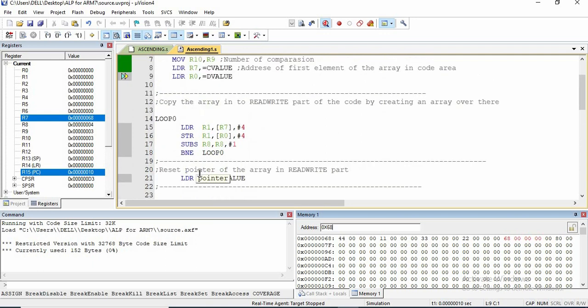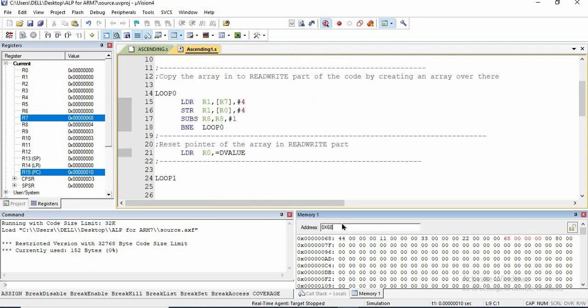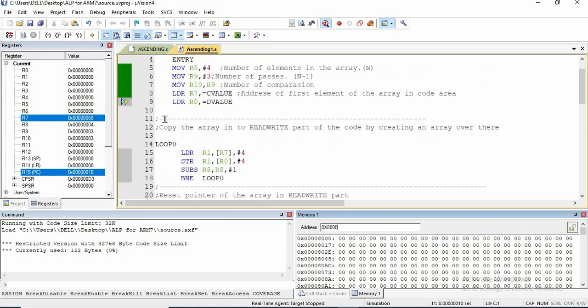44113322. Yeah, I'm now going to change this one to 8000. This one over here to 8000. We were over here. Now I'm going to press F11 again, and R0 is having 8000. You can see that over here. Now I'm going to start the copy of C value array to D value array.